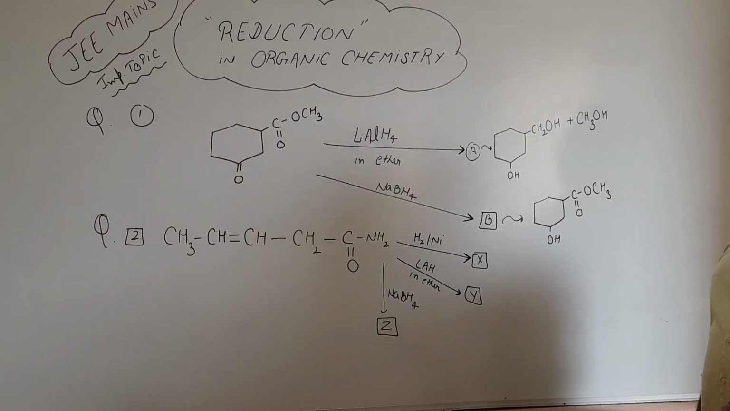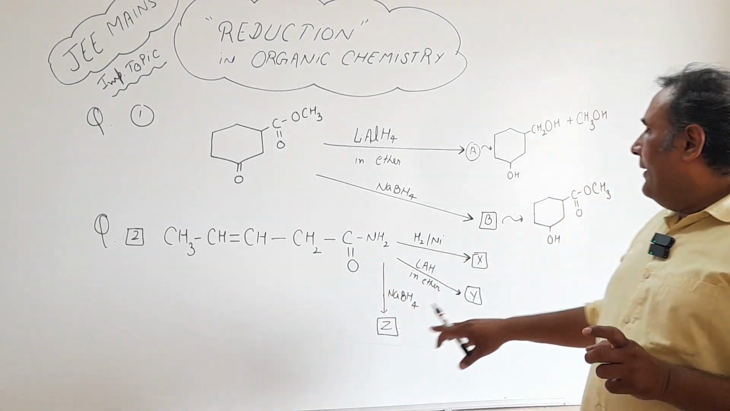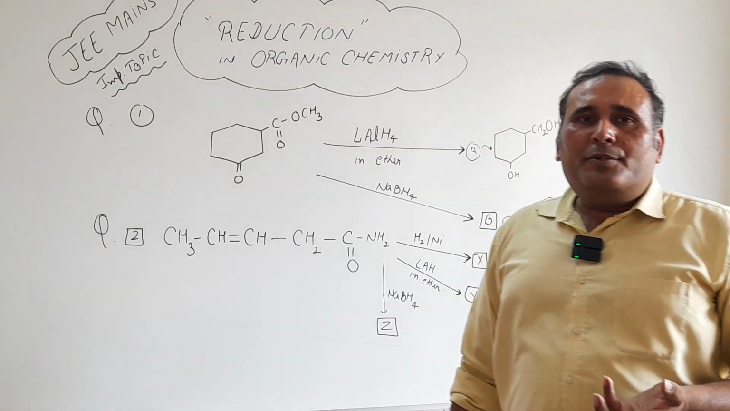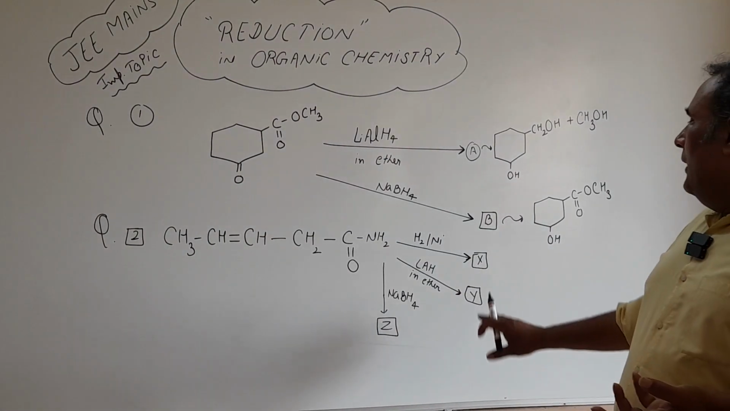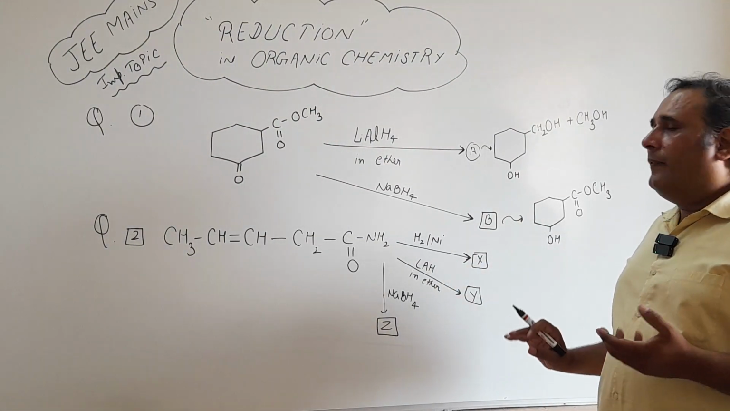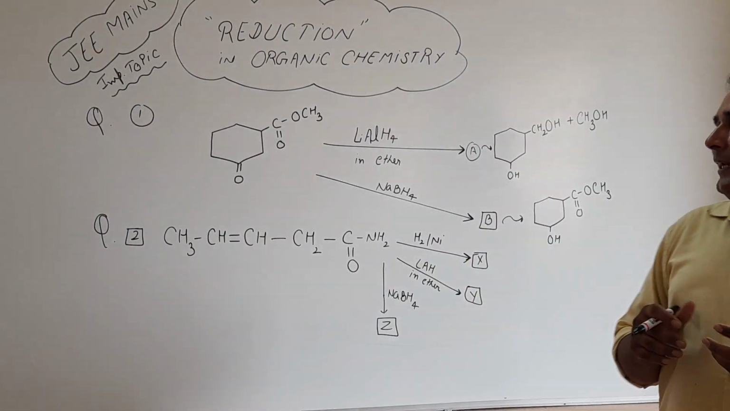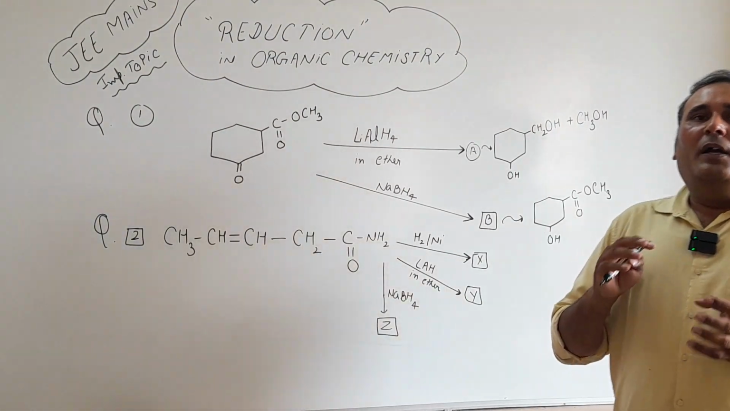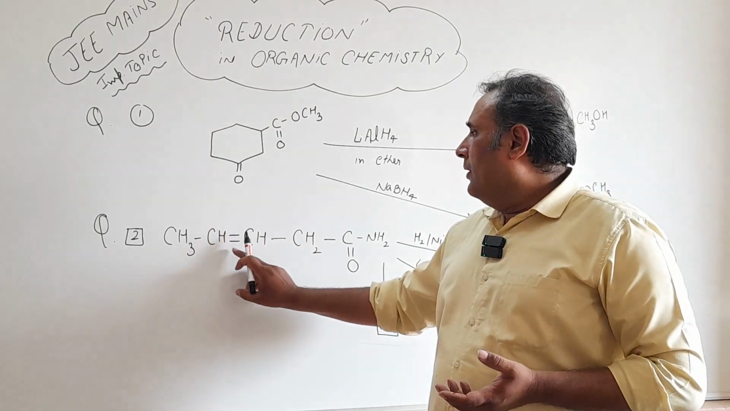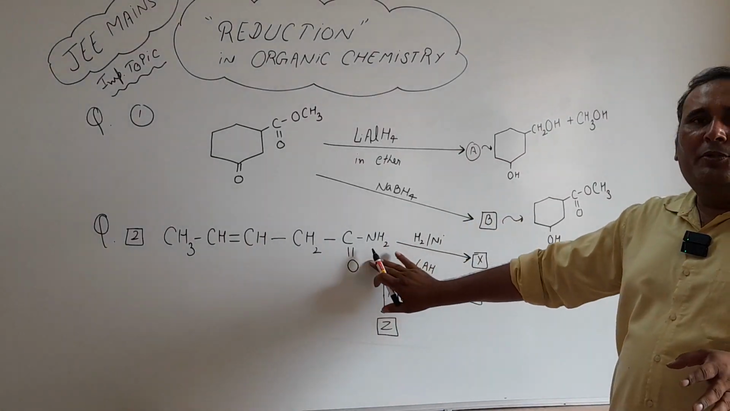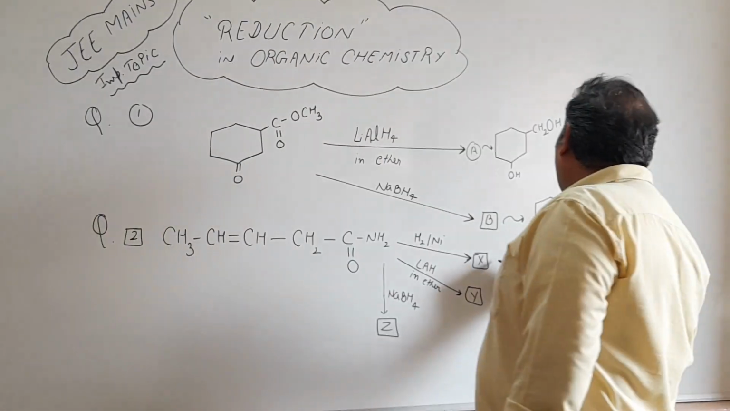Let's solve another question, the second question. There is another reactant, and in the first reaction we are reducing it with the help of hydrogen and nickel. So what is the structure of X? We know that in catalytic hydrogenation, when we use H2 in the presence of Ni, Pt, Pd, they reduce the double bond, as well as reduce the amide group into an amine group. So our product X will be like that: